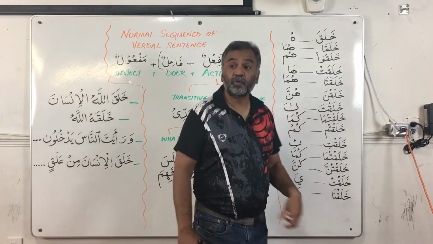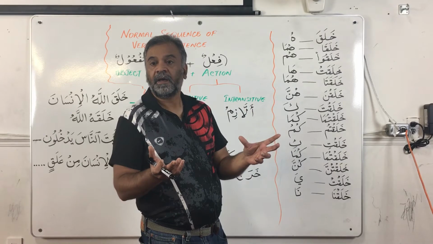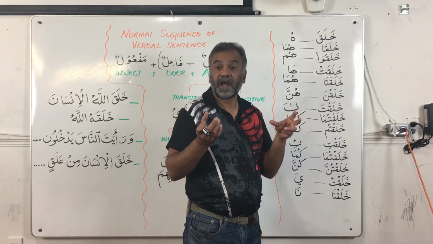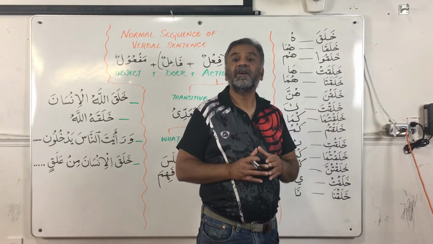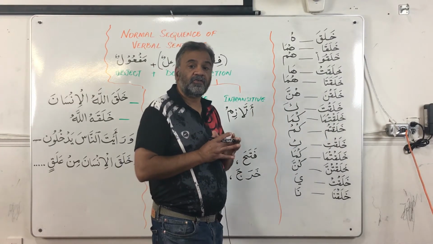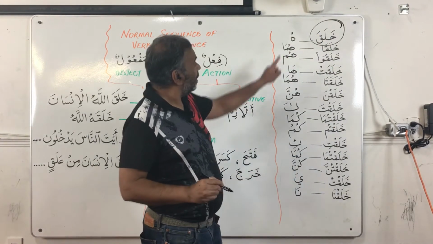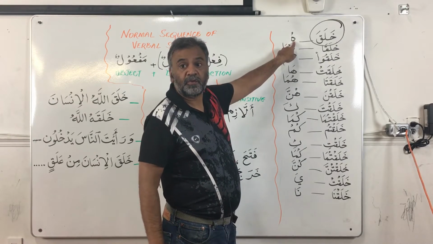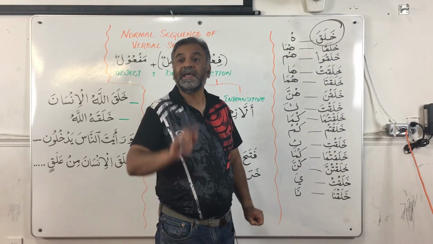So if I say khalaqtu, I created, it's a complete jumla fi'liyya, but it is a transitive verb, right? I created what or whom, then we will probably need a maf'ulun bihi, right? So let's take khalaqa and attach this damir muttasil with this noun, then it becomes khalaqahu. He created him,